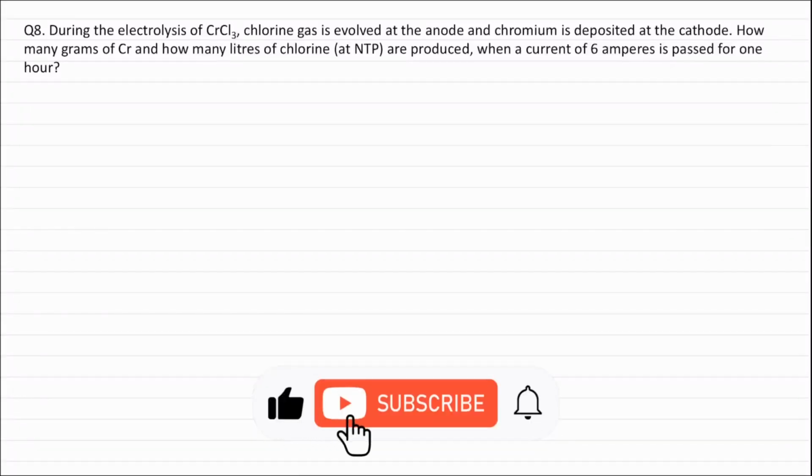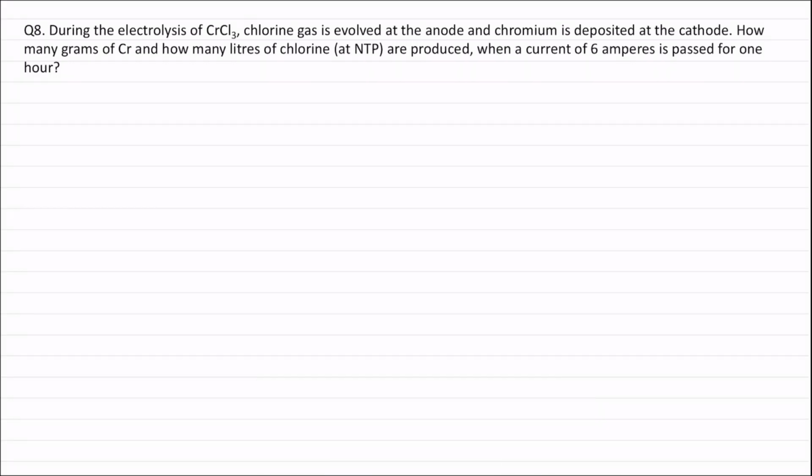Question 8. During the electrolysis of chromium chloride, chlorine gas is evolved at the anode and chromium is deposited at the cathode. How many grams of chromium and how many liters of chlorine at NTP are produced when a current of 6 amperes is passed for 1 hour? Current is given, time is given as 1 hour. Therefore, the total charge, that is Q, will be equal to I into T, which is equal to 6 into time in seconds, that is 3600 seconds, and this is equal to